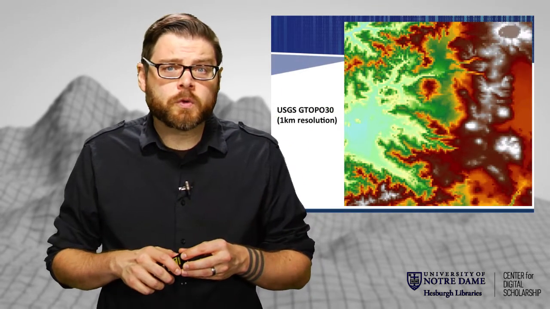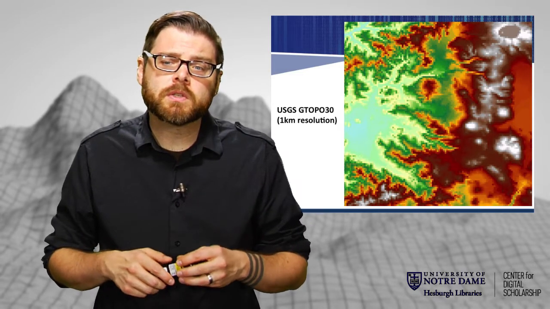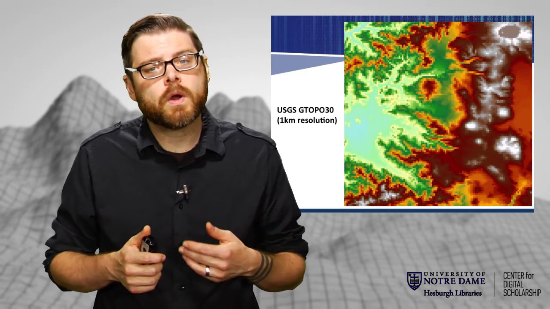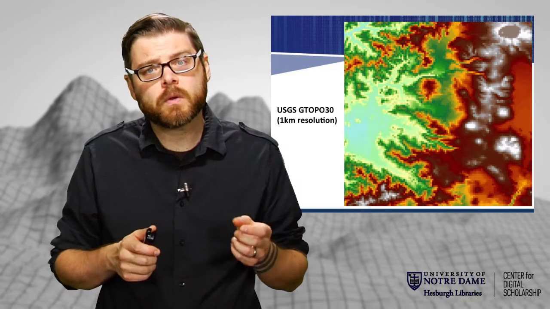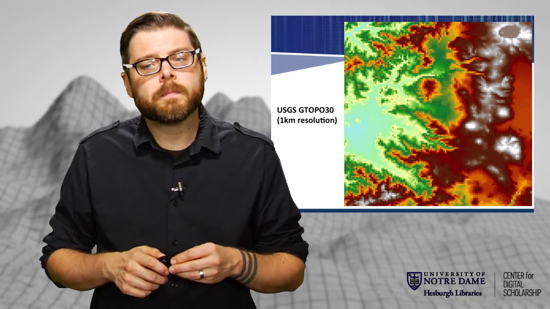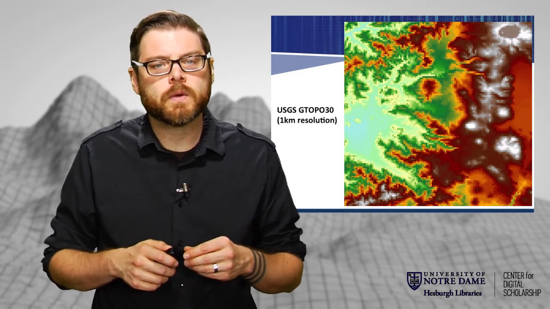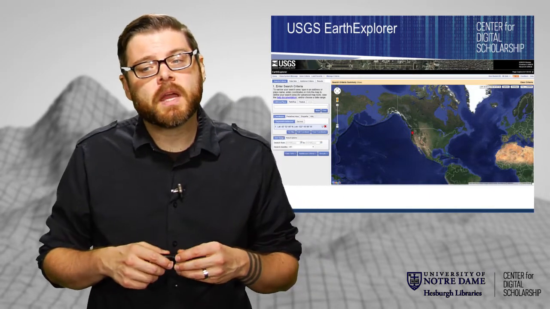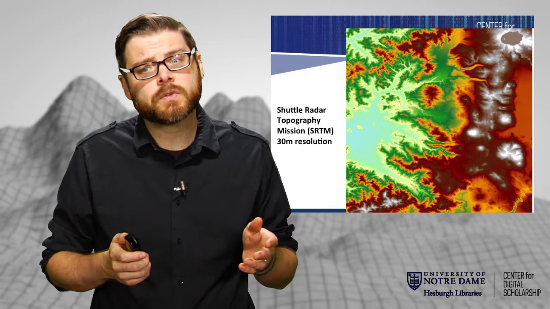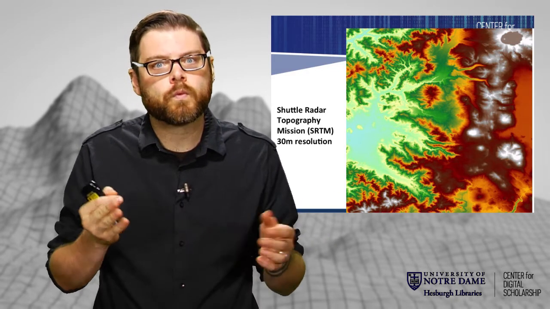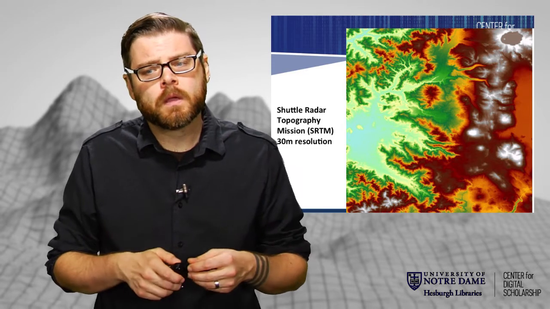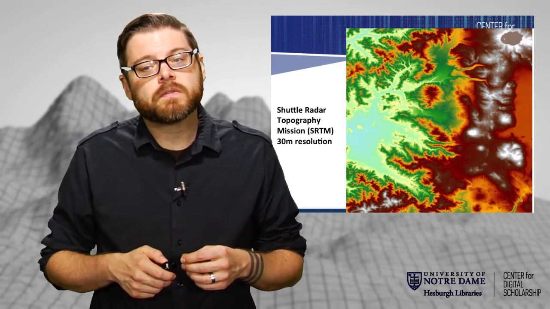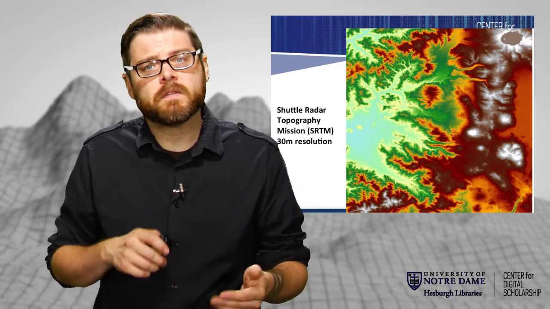Now we can also find pre-built topographic surfaces at varying resolutions. One of the bigger ones for the US is what's called the USGS GTOPO30. This is at a 1 kilometer resolution, so it's not particularly fine, but it works very well for larger scale areas. And these are free to download from the USGS EarthExplorer. There's also the Shuttle Radar Topography Mission, the SRTM, which for the US is 30-meter resolution. This is essentially a shuttle mission where they sent radar down at the Earth and measured the topography everywhere. For the US, this has been processed down to 30-meter resolution. For the rest of the world, it's at 90-meter resolution, and these have been very well processed over the years,